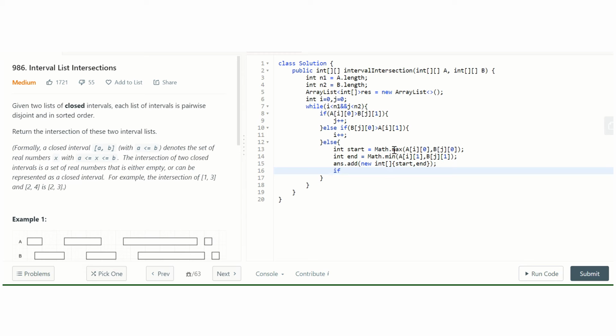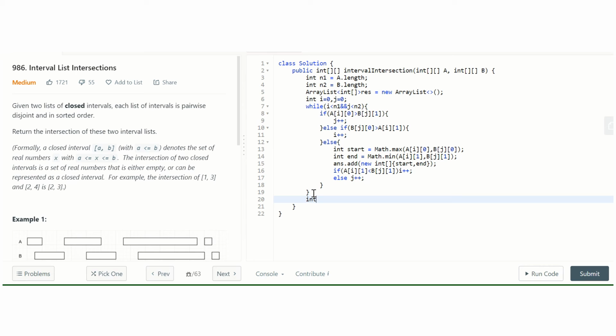So we'll check if a[i][1] is less than b[j][1], then i plus plus, else j plus plus. In this way we can calculate our answer, but we need to return it in the form of a 2D array.